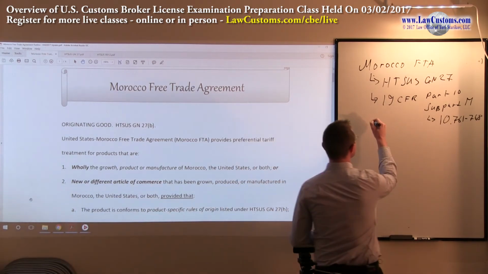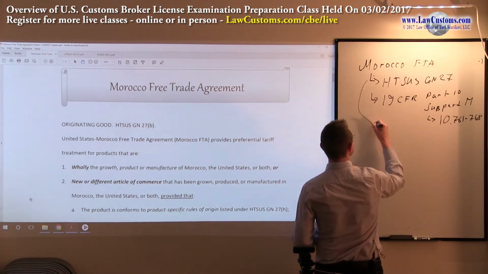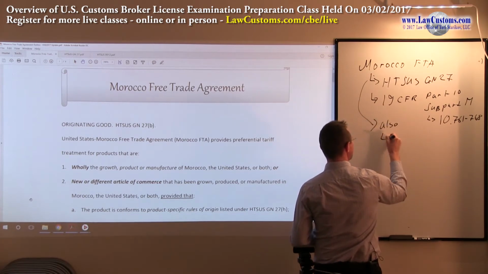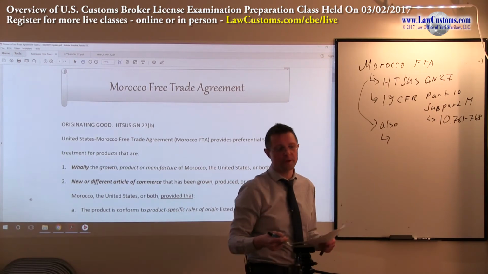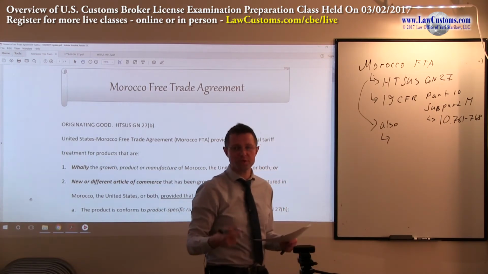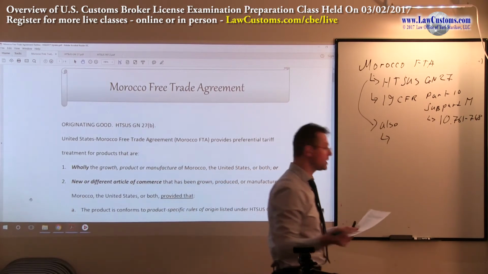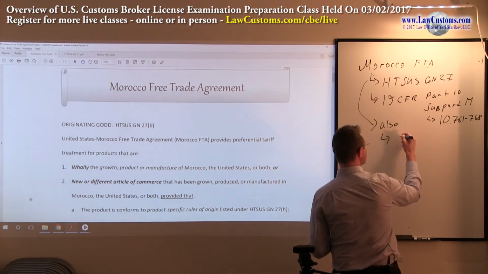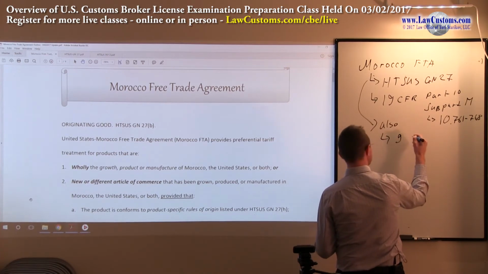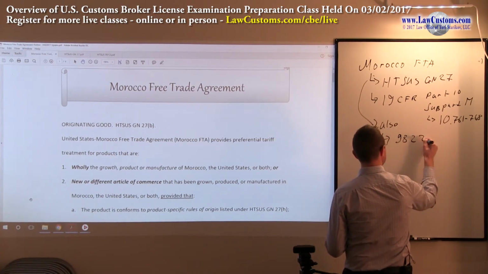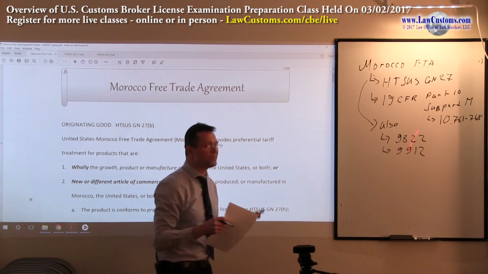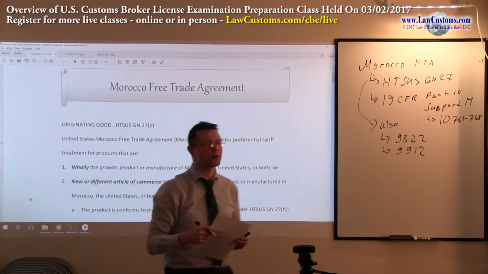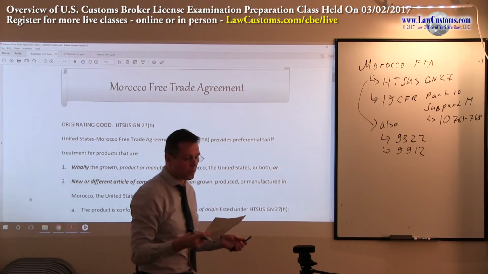One more thing. In addition to that, you also have the specialty provisions, which are found in the specialty chapters, chapter 98 and chapter 99, and the headings that we are talking about are 98.22 and 99.12. All right, so if you see a question on Morocco Free Trade Agreement, or also known as Morocco Free Trade,